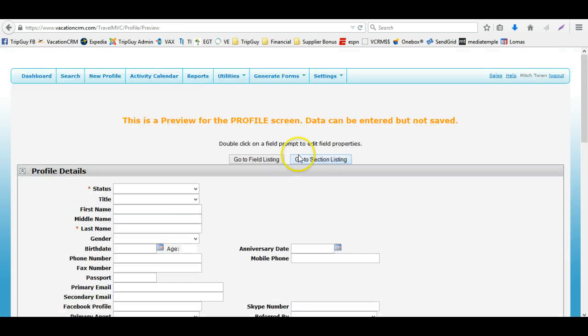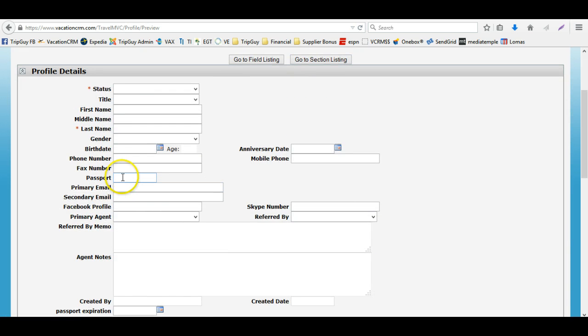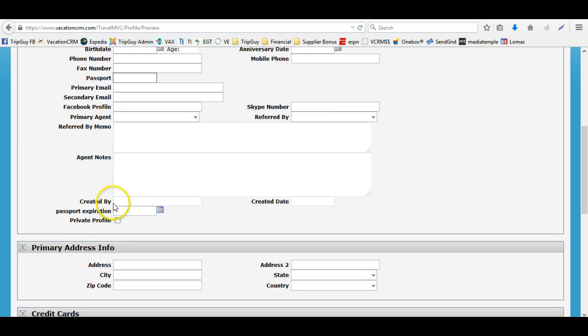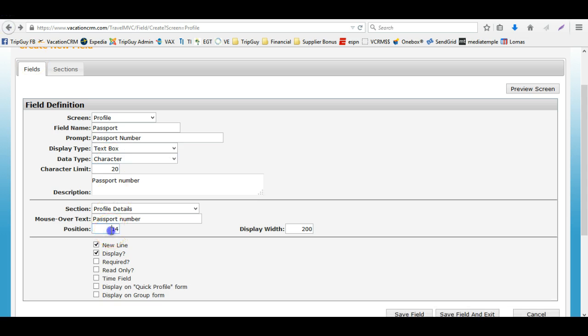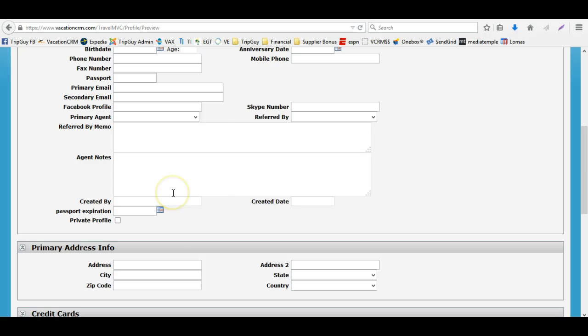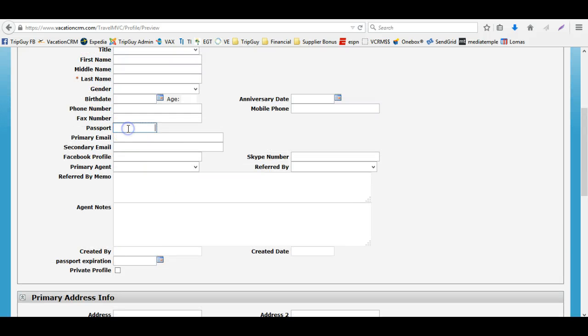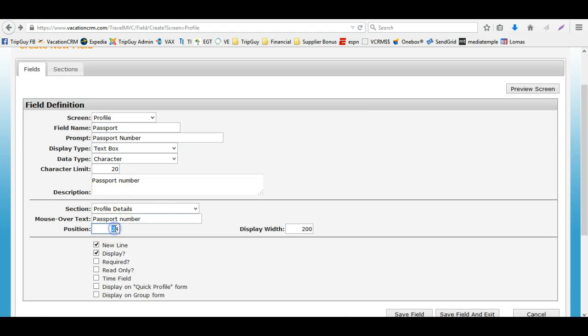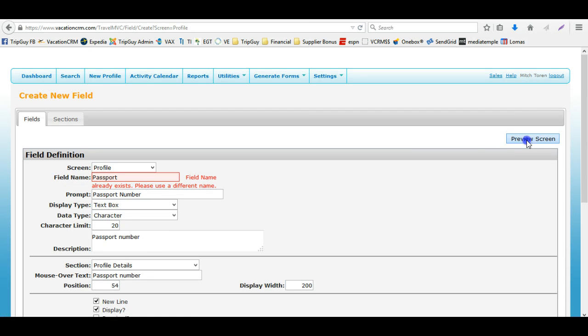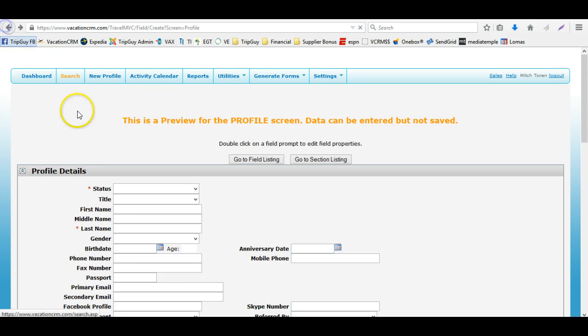And I could see where that is now. So I put it as number 14, which is right there. Let's say I don't want it there, and I instead want to put it next to my passport expiration down here. I could go and add it, let's say at number 24. It's here, and I can continue to sort of move it, and by putting a really high number, you'll put it down at the bottom, and of course